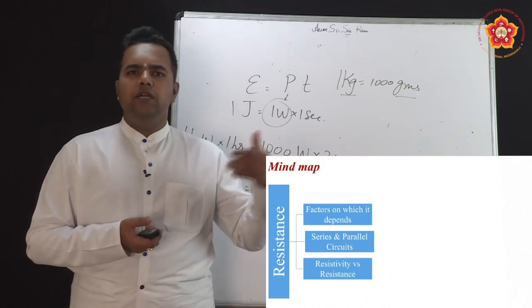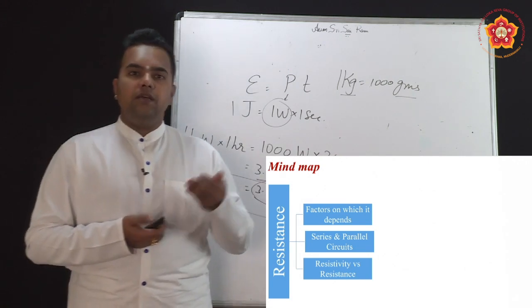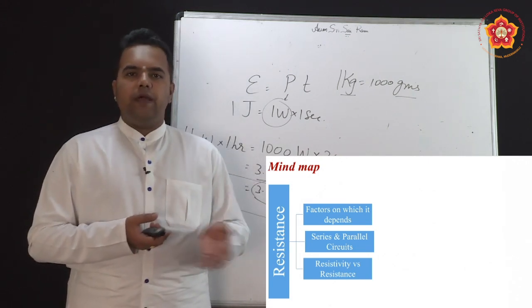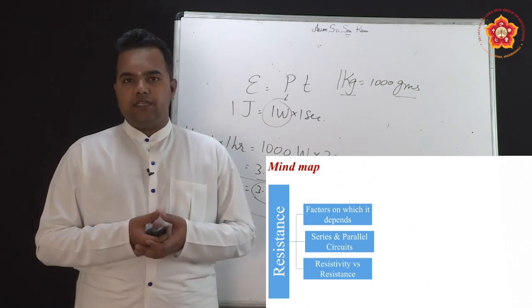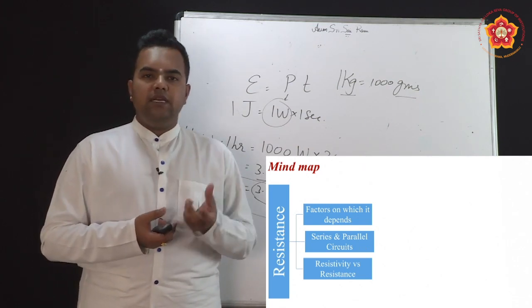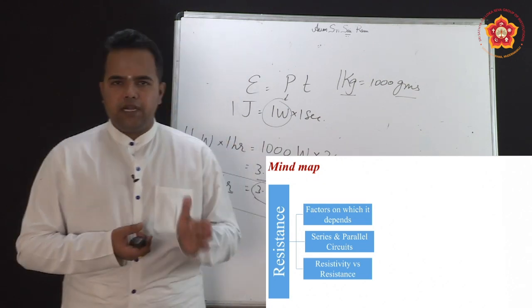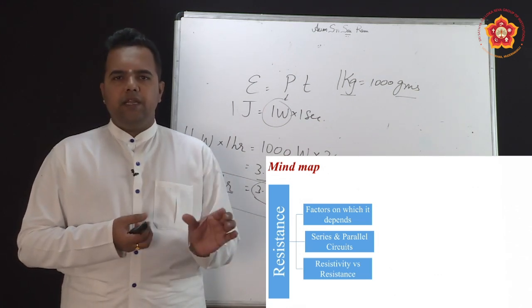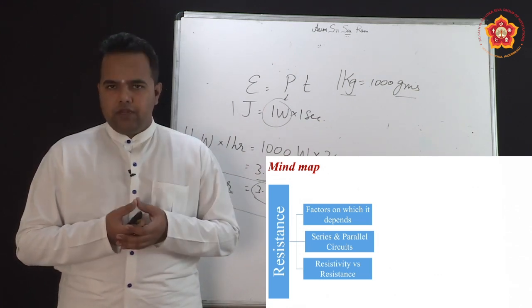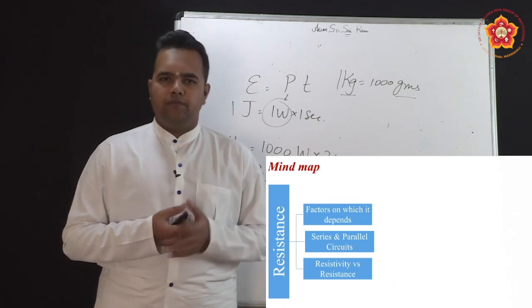And we also know the advantages and disadvantages of series connection, and the pros and cons of parallel connection. And the last one, resistivity versus resistance. We have seen resistivity is nothing but the nature of the material. It will decide whether it is a conductor, insulator or semiconductor, as we study later. Given a material, if I know the resistivity value, I can tell whether it will allow the current to flow through it easily or not.